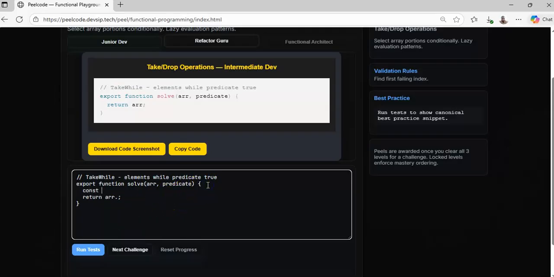So I'll say const index, maybe stop index. It should be given by array.slice and array.map, and then I will map through the array elements. So I'll call this value, and then the index, or simply put,